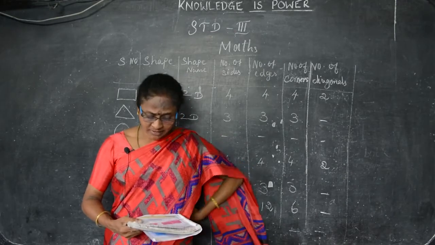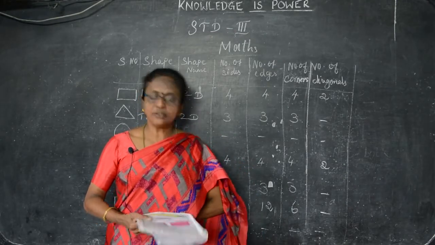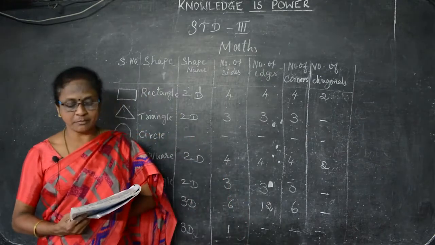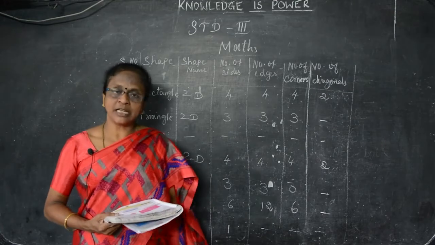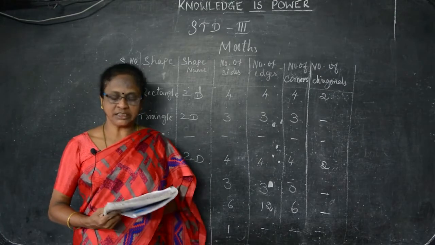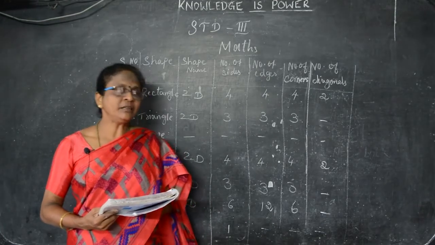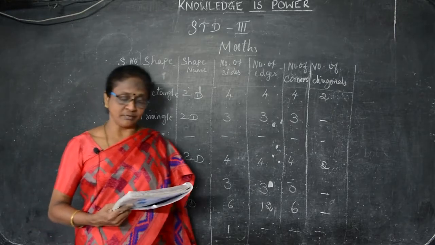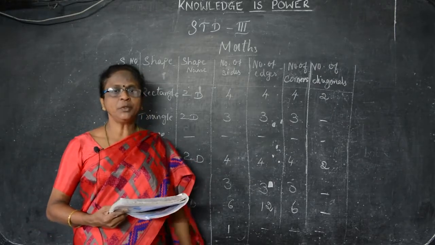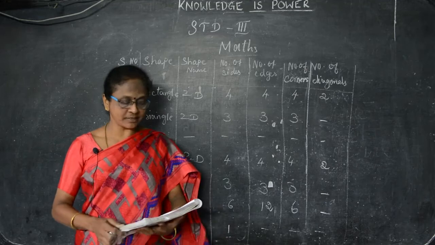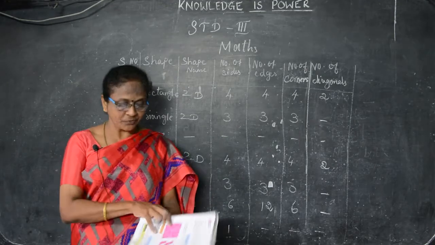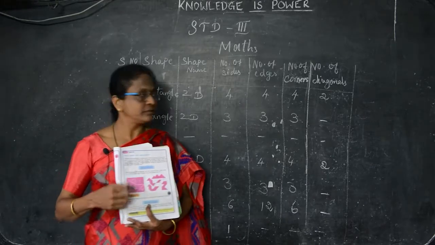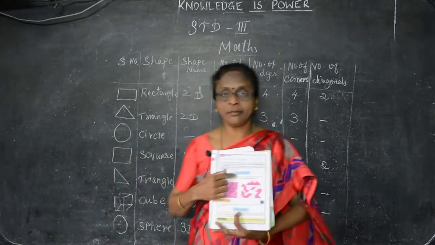Next one is a tangram. So this tangram is a Chinese puzzle game. It's very easy. You can draw this on your paper and you can cut it also. This tangram is a traditional Chinese puzzle. That is, in a square paper, you can divide it into 7 pieces that can be arranged to match a particular design.